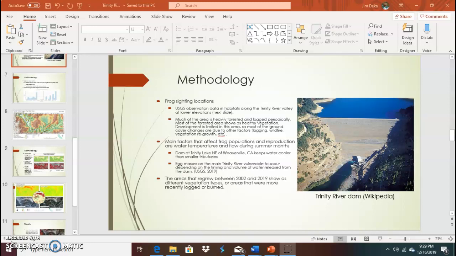The cold waters of the Trinity River also slow the development of frogs from tadpoles to juveniles, which makes them very vulnerable to predators for a much longer period. Pesticides and pollutants flowing into the Trinity River are another factor in the disappearance of foothill yellow-legged frogs.